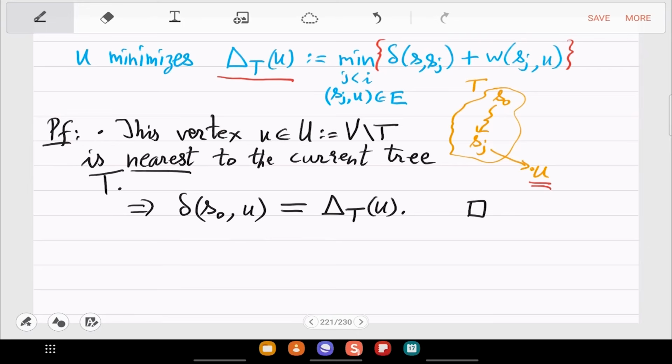The point is that if there is some other way to reach U, you can look at the vertex, which is the last vertex of T that you are going out from. Okay, so you will have this S0 to Sj, and then there are a few more edges which are going out before you reach U. And that different path will actually give you a contradiction to the delta TU definition. So at this point, you should try to complete the proof.